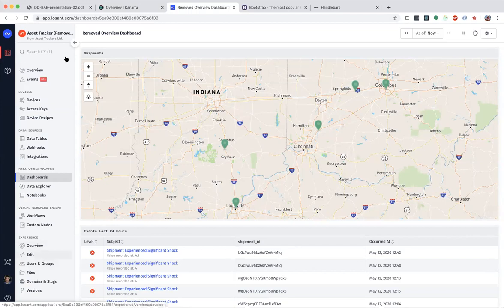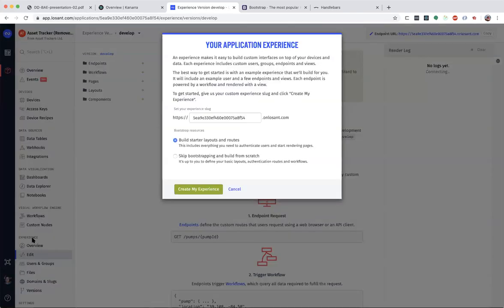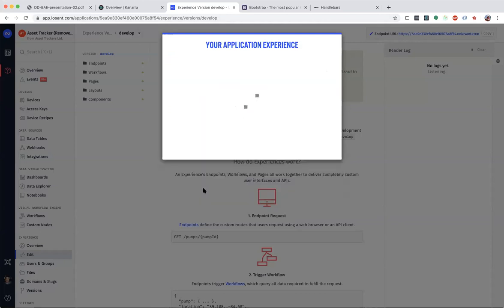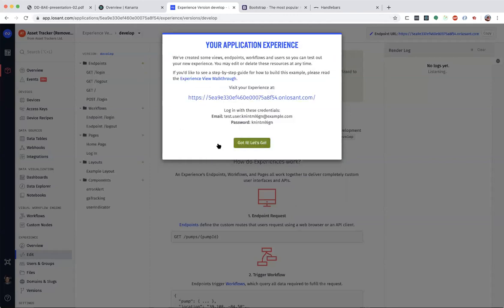But in order to get started here, again, this is just a regular old Losant application where I removed the experience portions of it. I'm going to come down here and click on a link to my experience section of the navigation. And the first time I come here, I'm going to get this modal that you see right here. This is going to give me the option of building out my experience with some starter resources. Now, you may ultimately not end up using any of these resources in your application. I do still recommend you go through this path and build your application with these starter layouts and routes. You're going to get a login route out of it immediately, as well as some other examples of other resources that we'll get to in a second.